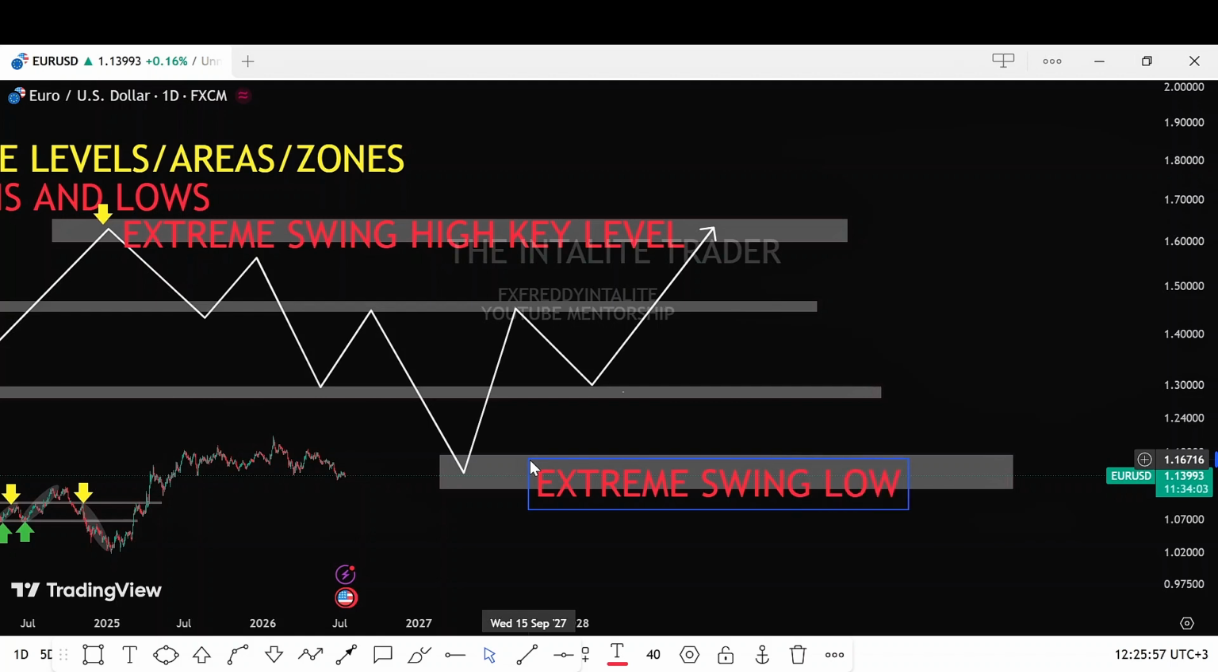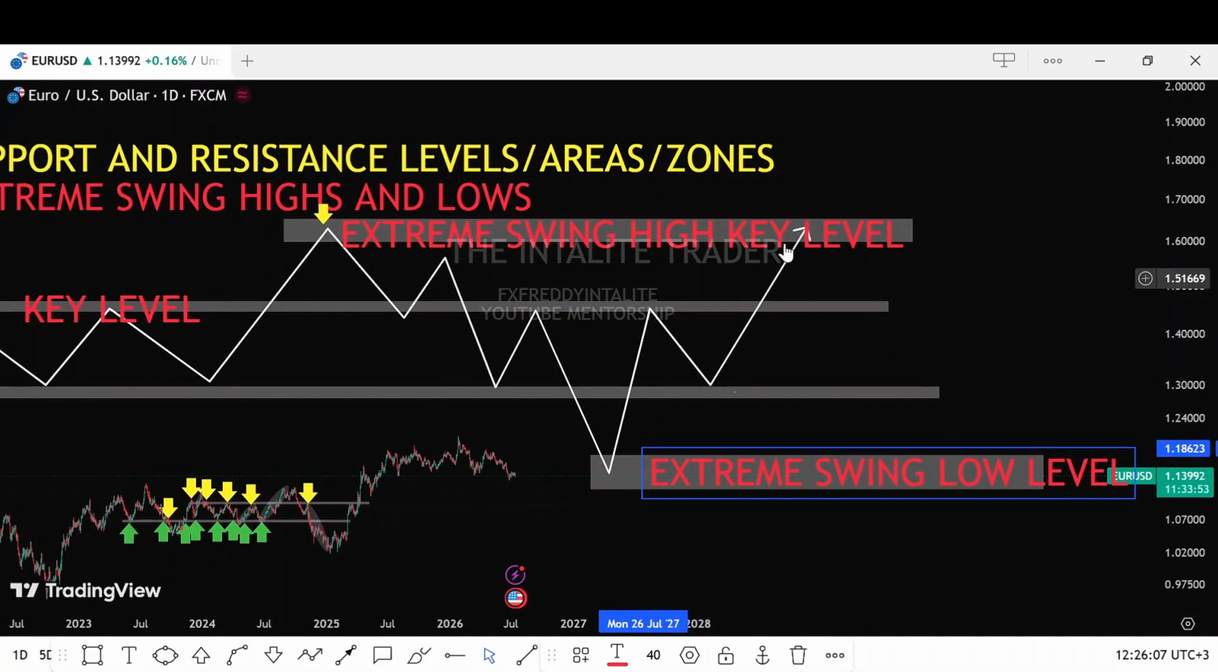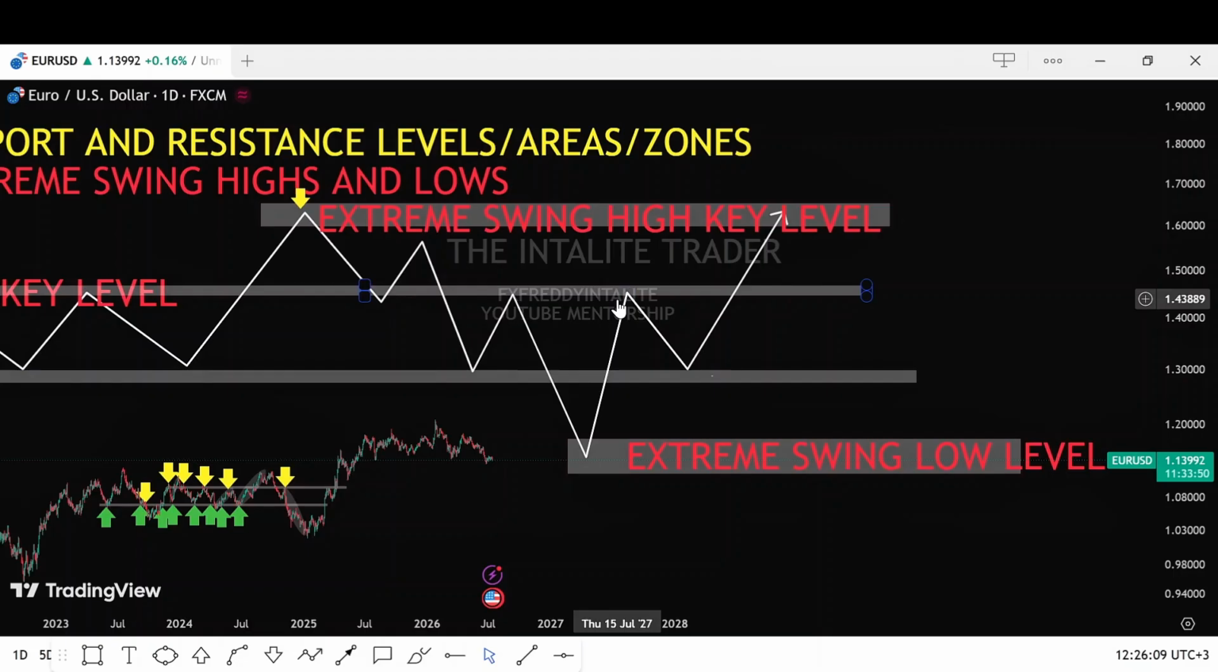Extreme swing low level. So this lowest price point where price has reached is what we call an extreme swing low level. Price comes here,